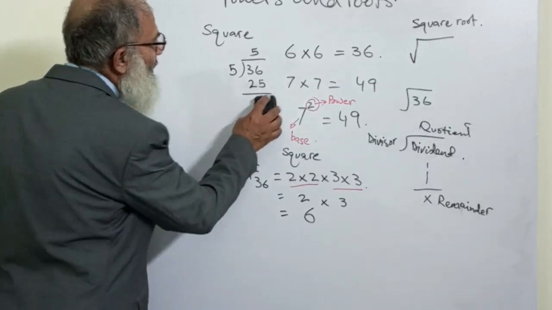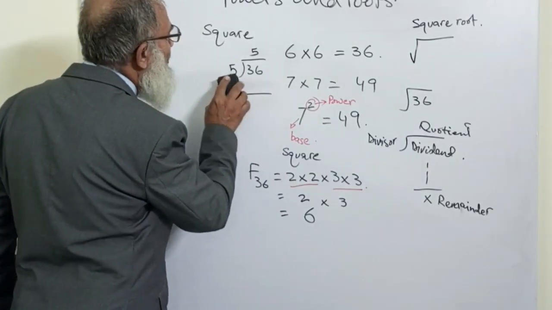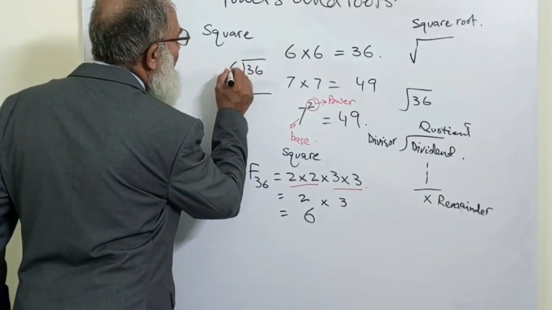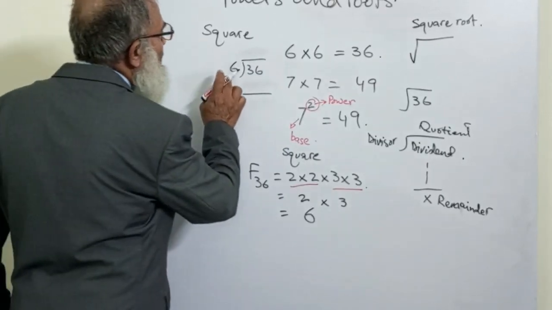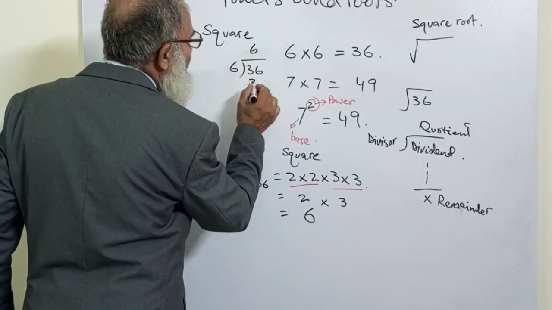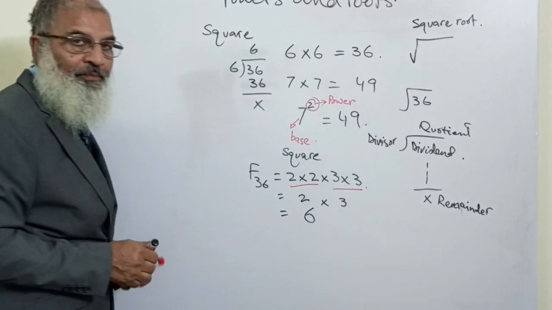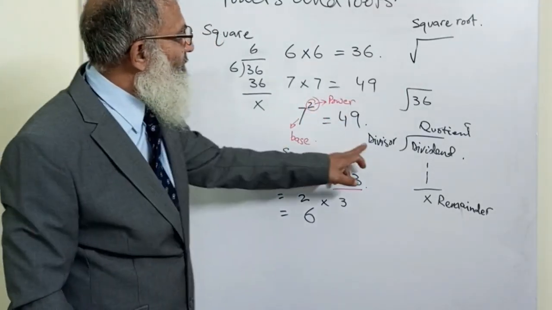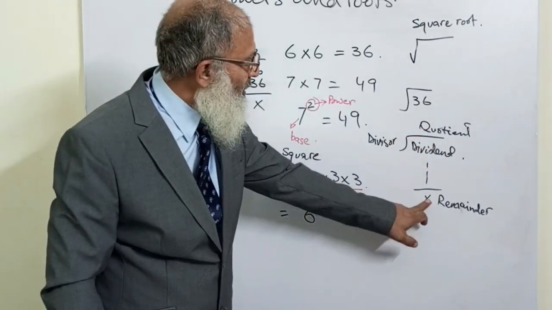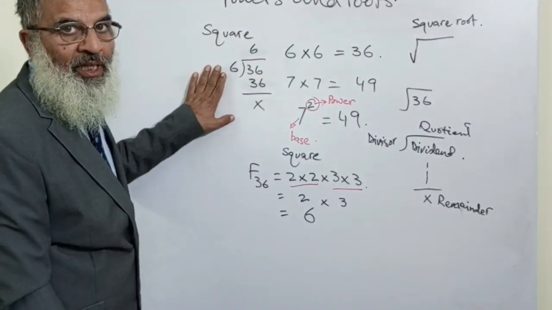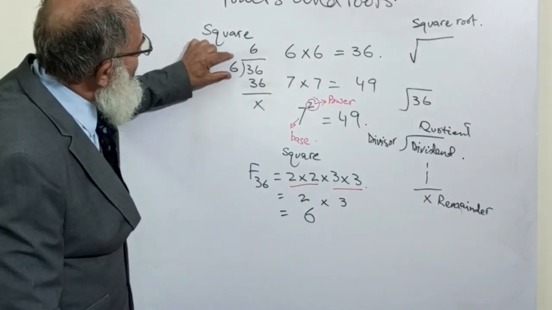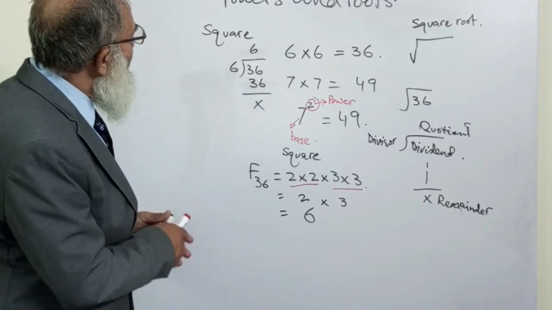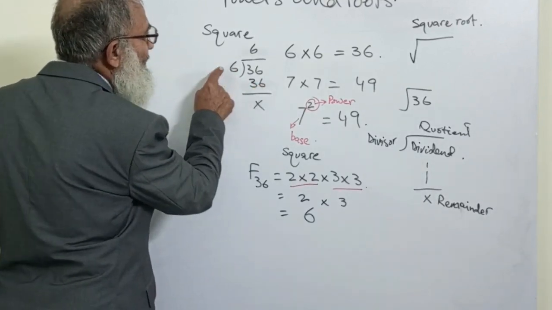So what we do, we go to another number, and that is 6. Now 6 multiplied by 6 is 36 without any remainder. So you see that our condition, that the divisor and quotient should be equal without any remainder, has become true. Now this is the divisor, this is the quotient, and the remainder is 0. So 36, 6 is the